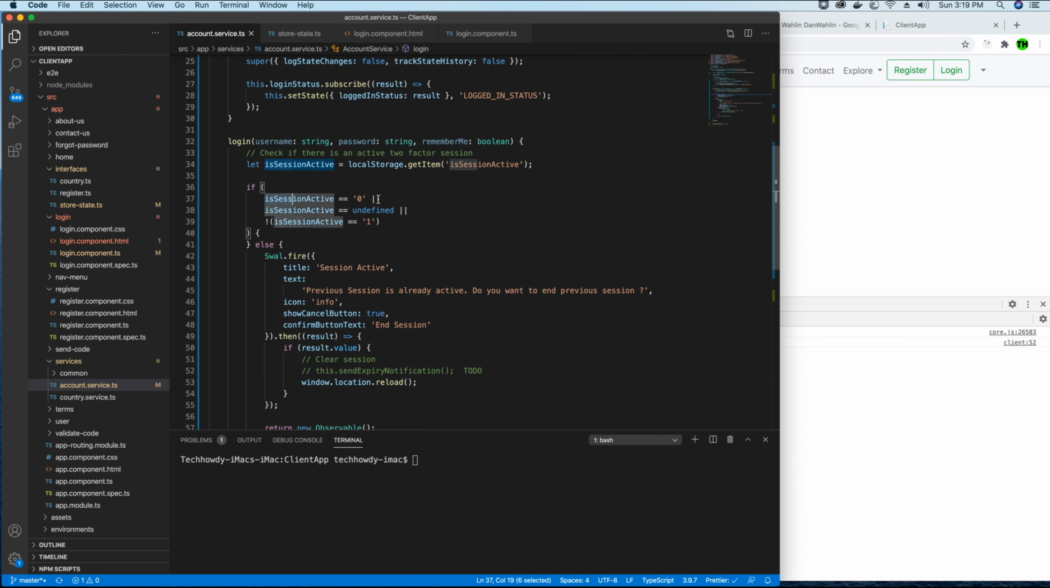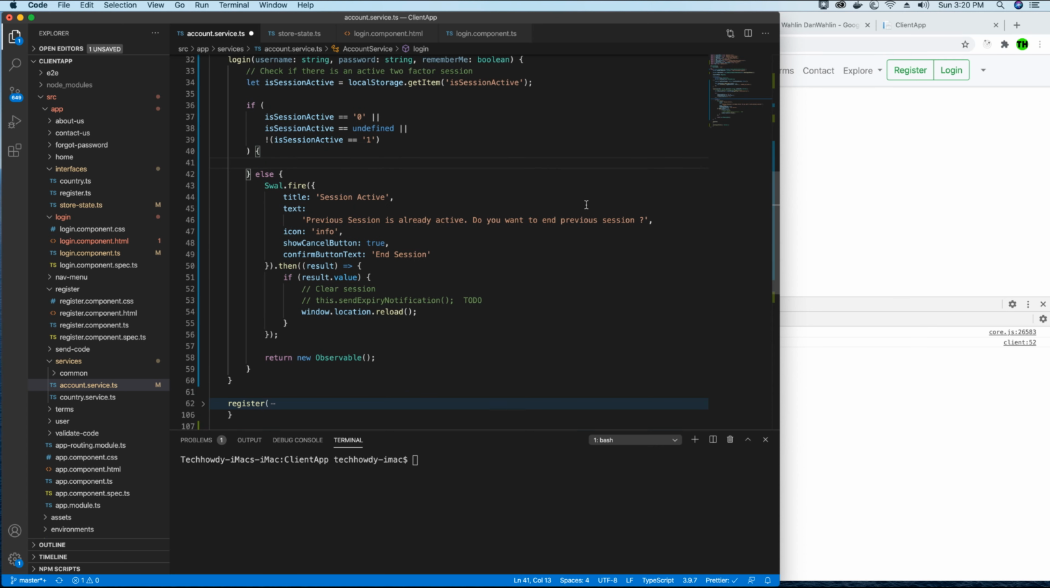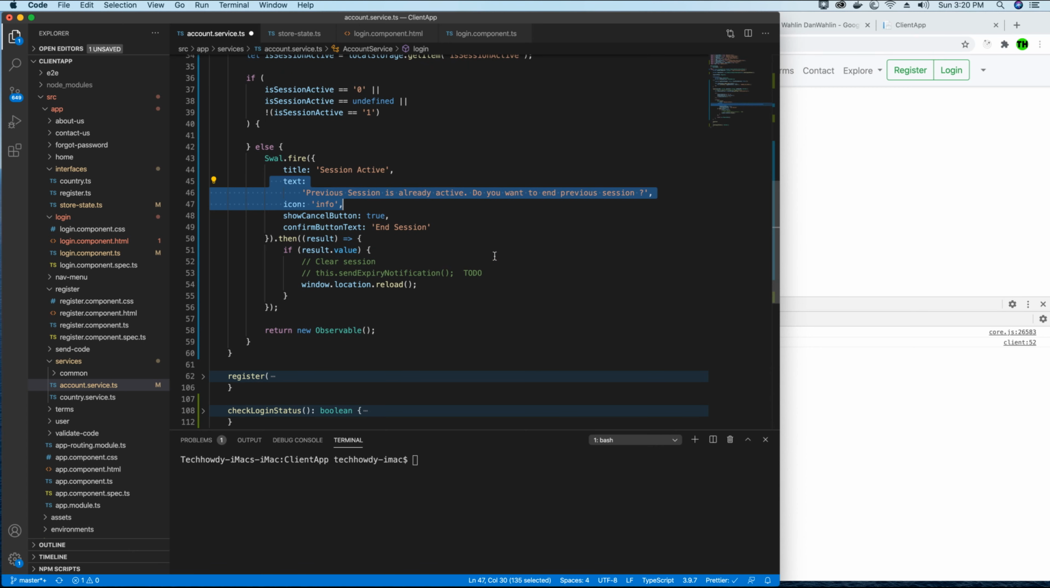In the if condition, I'm checking if the value of our is session active variable is 0, is undefined, or not equal to 1. In that specific case, we know that the session is not active. Therefore, we will go ahead and implement the logic to log in the user. And if the session is active, as you saw in the example demo that I showed you, we will load a pop-up using Sweet Alert. We will show the message, the icon,